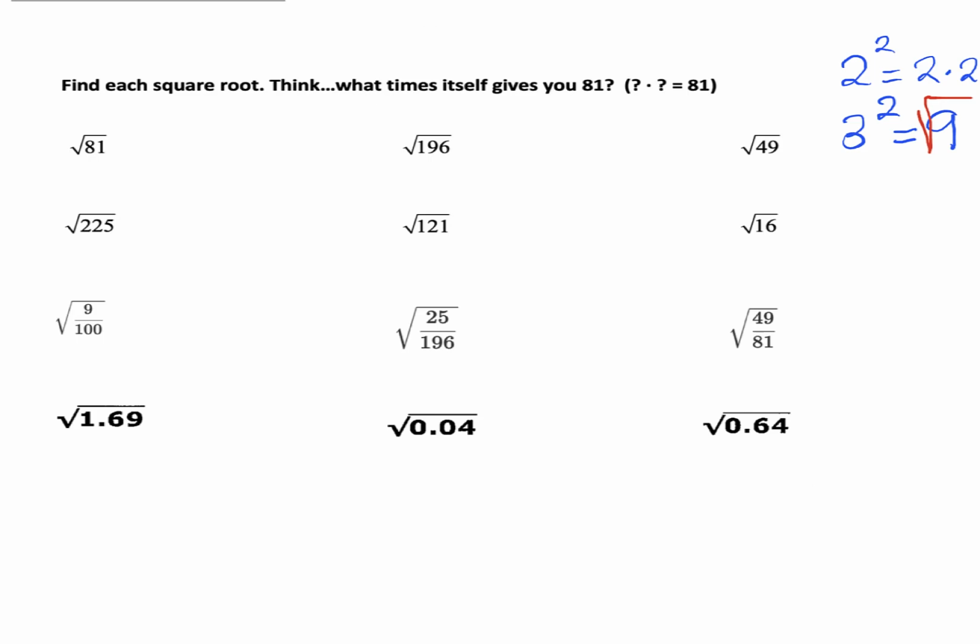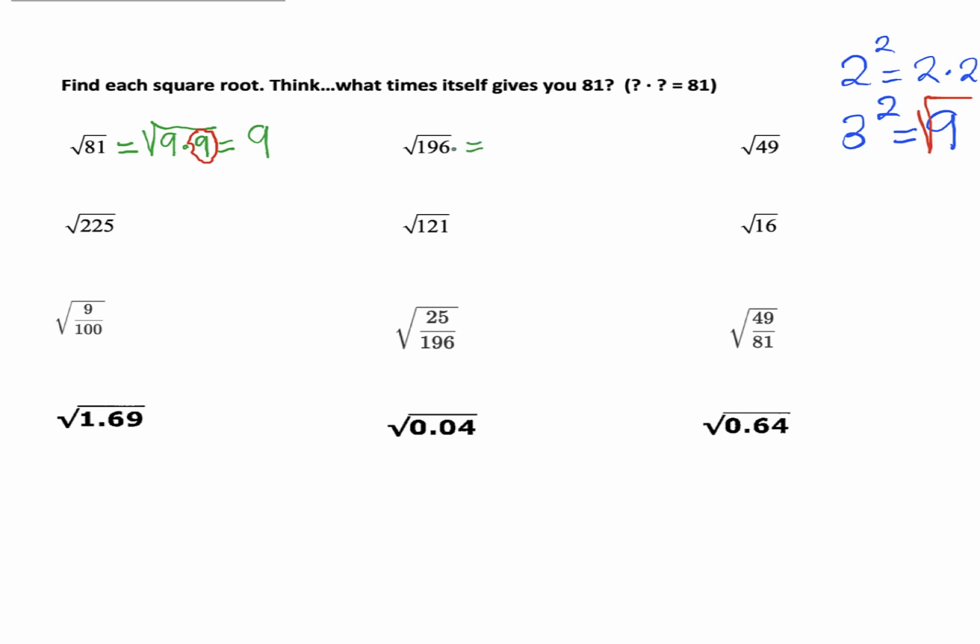All right, let's find the square roots. So let's start with the first one. The square root of 81, you ask yourself, okay, what number multiplies itself to give you 81? And that number is 9. So 9 times 9 is 81. Therefore, the square root of 81 is 9. You only want one of them. That's all you need. Only one of them. The square root of 81 is 9. Suppose we want